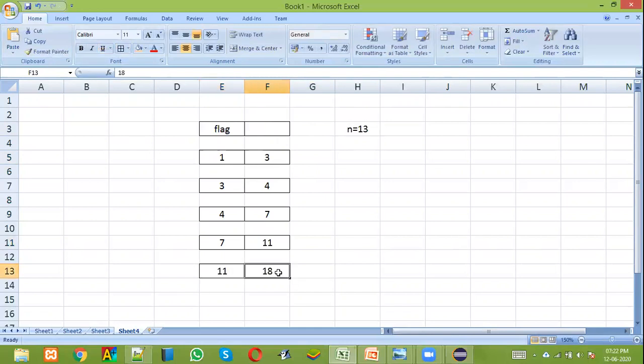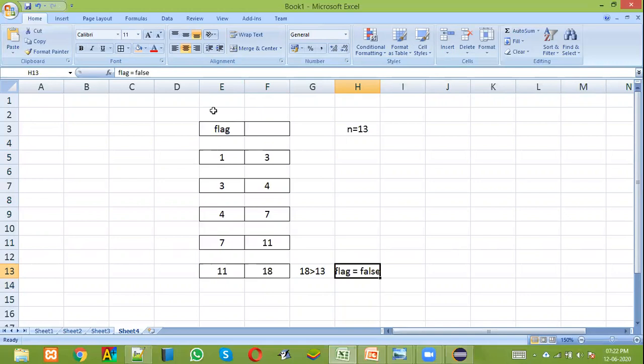Now listen carefully. This is a condition wherein the last element of the array is going to be greater than the number. So here 18 is greater than 13. If you are getting this condition, it means there is no chance for the number to be Keith. There is no chance for 13 to be generated in this array, which means that the number is not a Keith number. So you will put flag false. Finally, we can see if flag is true, we will print it's a Keith number. If flag is false, we will print it's not a Keith number.